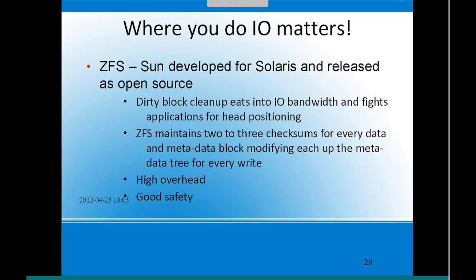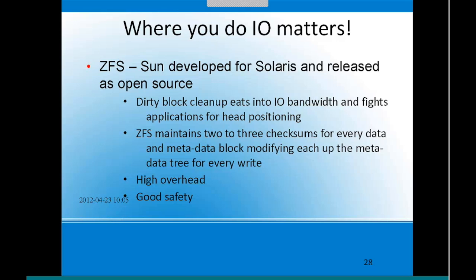Also, ZFS maintains 2 to 3 checksums for every data and metadata block that's modified, and they have to be modified up and down the file system tree. So when you change a 4th level directory, its parent directory, grandparent, and great-grandparent directories all have to be updated. So there's a lot of overhead to ZFS. It is, though, a fairly safe